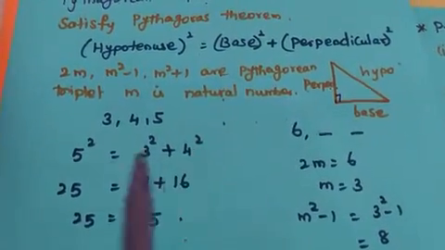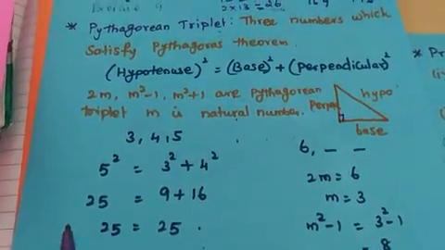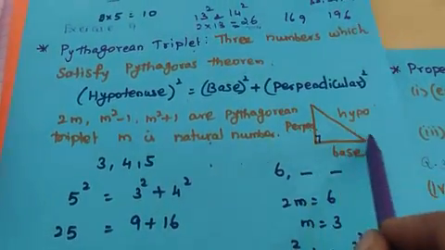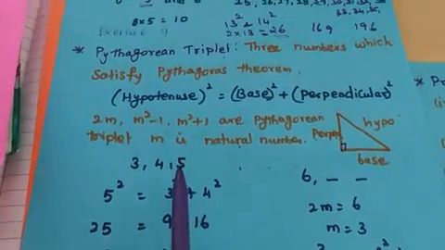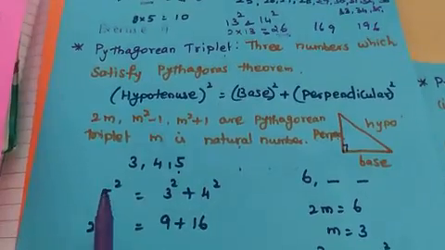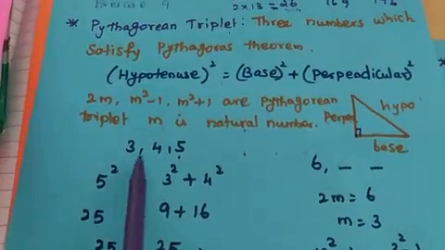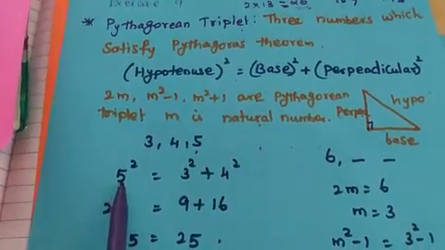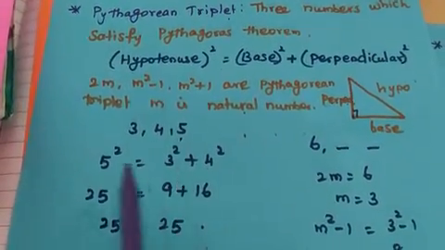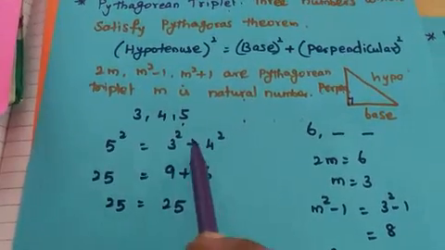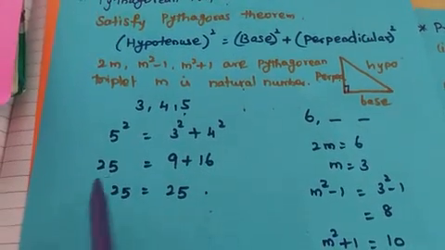Now we can verify whether these numbers are a Pythagorean triplet or not. How? We know that hypotenuse squared, that is the longest side, which is the greatest value, squared equals the sum of the squares of the other 2 numbers. So here the bigger number is 5. So 5 squared equals 3 squared plus 4 squared. 5 squared is 25. 3 squared is 9. And 4 squared is 16. So 25 is equal